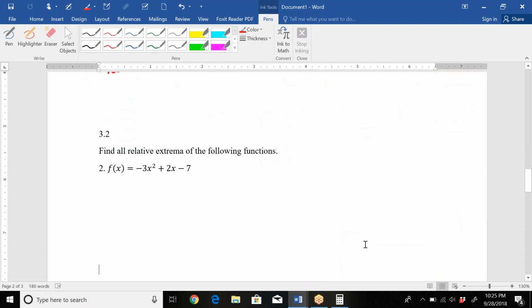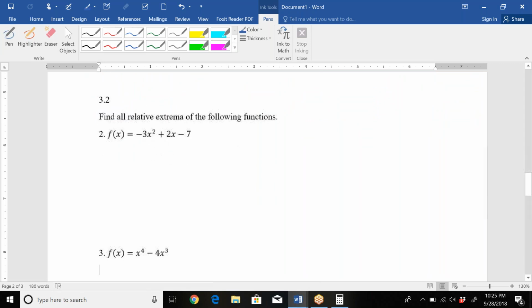Okay, so the last section that we started into last time and didn't finish, I left a lot of these as polynomials, so I'm going to go through them with you real quick. It says find all the relative extrema for the following functions. So that means finding the maximums and minimums. We do that by doing the first derivative test, which means we take the derivative of the function, which is